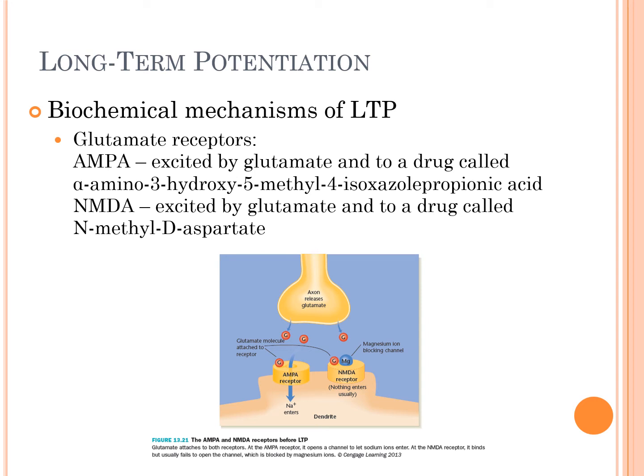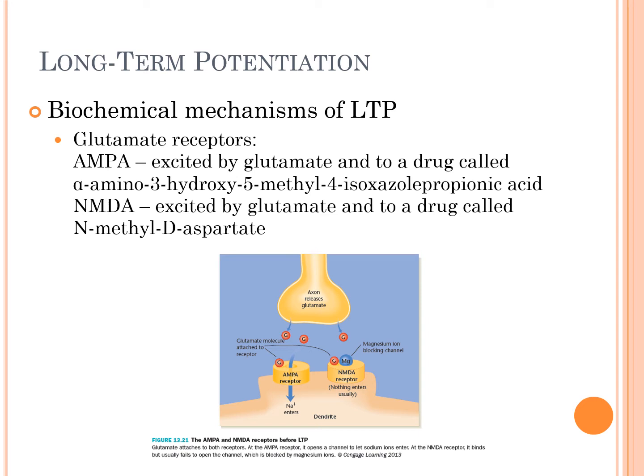If you remember, sodium is a positively charged ion, and so that enters the cell through this ligand-gated channel that depolarizes the cell and raises its electrical potential. If we then look at what's happening with the NMDA receptor, the glutamate would fit into